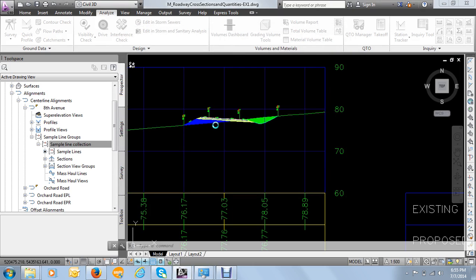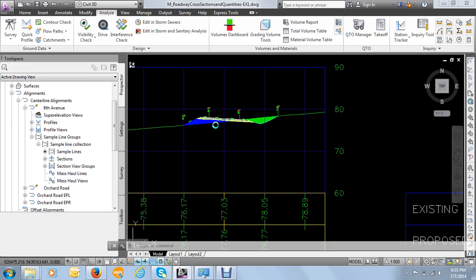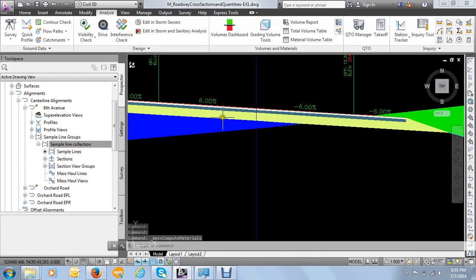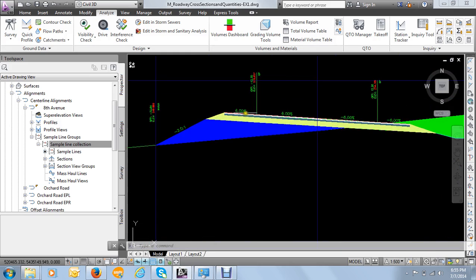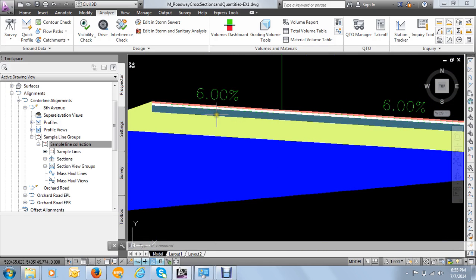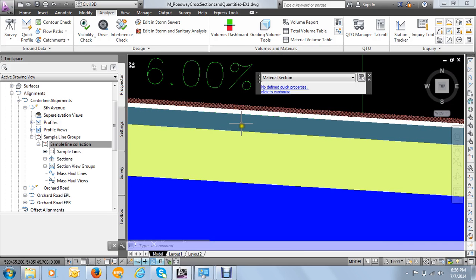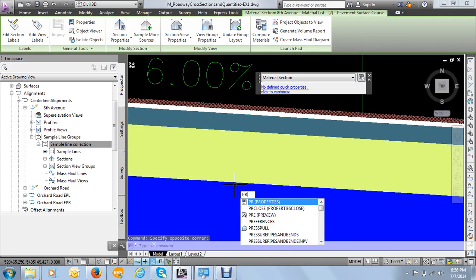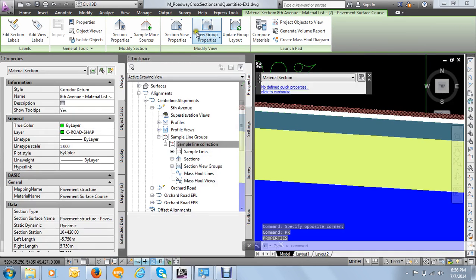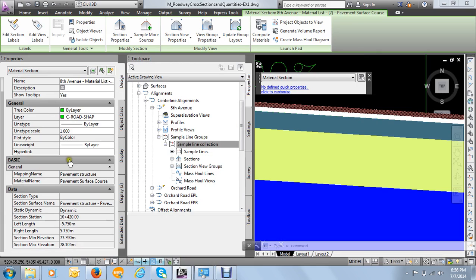So after computing, I'll just check on my sections. That means my sections will be updated. As you can see, this is one of the sections. Remember that we had the 4 layers. So when I click on, let's say this is the upper one, and I click on Properties, I have the properties for the layer that I selected. This shows me this is the pavement structure. The material name is the pavement surface codes, and these are the